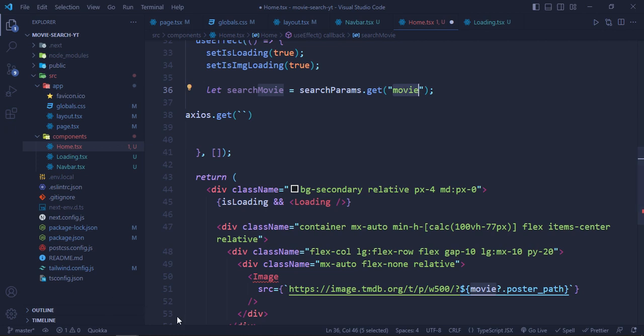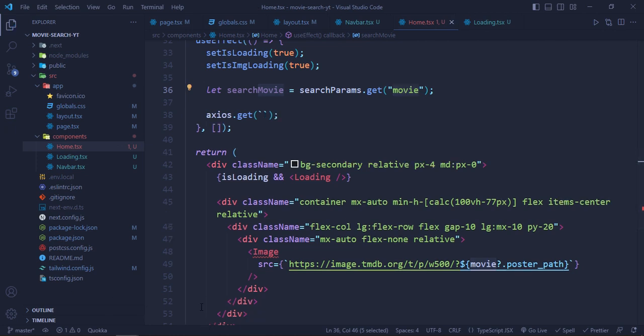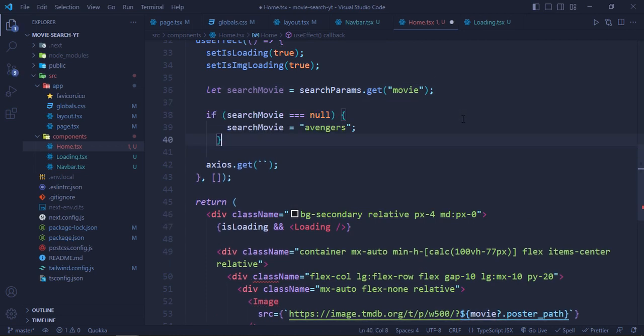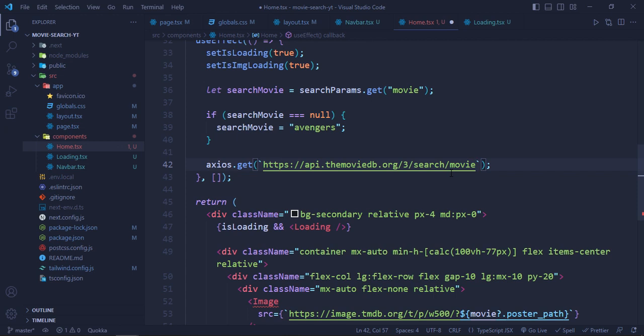In this case, we are going to set it for Avengers. You can set it for your favorite movie as your default page or home page. You can see I'm just doing it for Avengers. Okay, so this is it, and we're going to write http. I'm just going to copy the URL so that I don't mistype it. So this will be the URL. Okay,